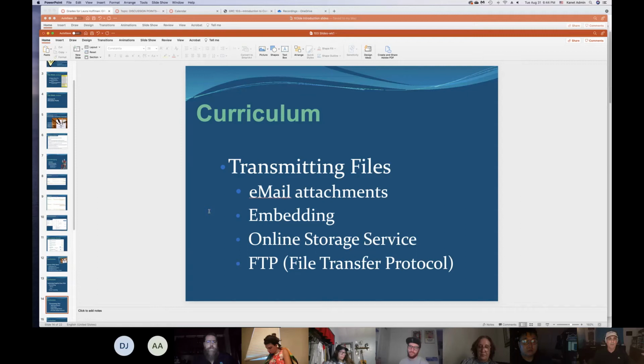Transmitting files, embedding files, storing files. And how many of you don't know what FTP is? You've never heard of FTP. Okay, there you go. Anastasia turned herself back on just to raise her hand. All right. The point is, it's a technical geeky thing, but it's important for you to know why,